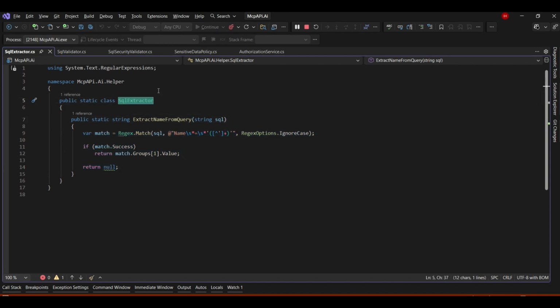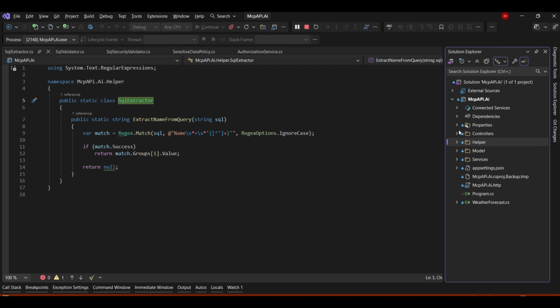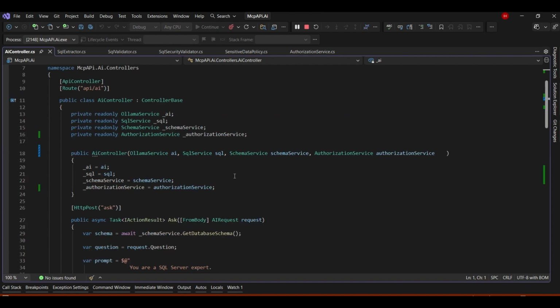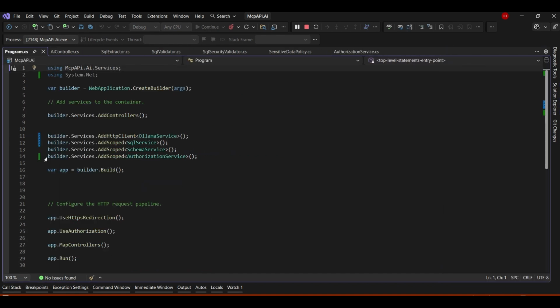So that's the SQL extractor. And there was one more that we already talked about, which was under the service, the authorization service. Now let's go to the main implementation part. These are all the helping business logic classes that we require to implement the authorization. Now if I go to the AI controller, here the whole story starts. Before, I had these three classes, Ollama, SQL and Schema. Now I have this authorization service, and I have put a dependency injection for it in the program.cs, and you can easily get all this code